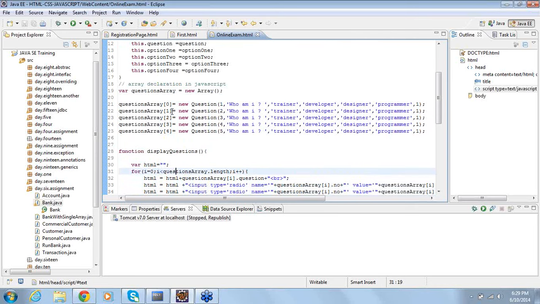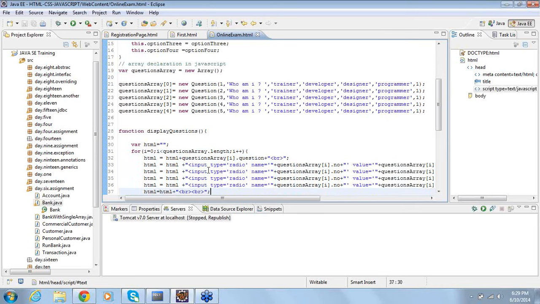So that is the reason I am looping. How many times am I looping? The length of the array. What is the length of the array? 5, right? So from 0 till the length of the array you are looping it, and you are constructing some radio elements. Suppose if you look at the example over here,